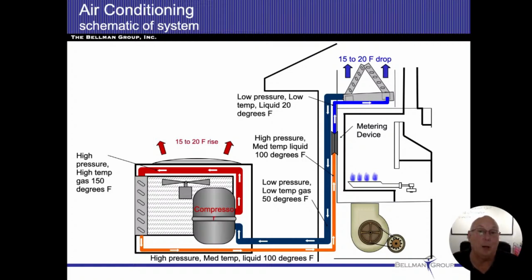We're going to pass it through our indoor coil. We're going to absorb heat from the inside. As we're absorbing heat, we're going to change from a liquid to a gas. So we're going to go ahead and expel gas from the coil. It goes in as a liquid, comes out as a gas. So as it comes out as a gas, it's going to be still low pressure. It is going to be a gas, and it's going to be roughly that medium temperature again. So low pressure, here it's saying low temperature, but roughly 50 degrees, and it's still going to be a gas. We go into our compressor, we pressurize it, we heat it up again, and the cycle keeps going on and